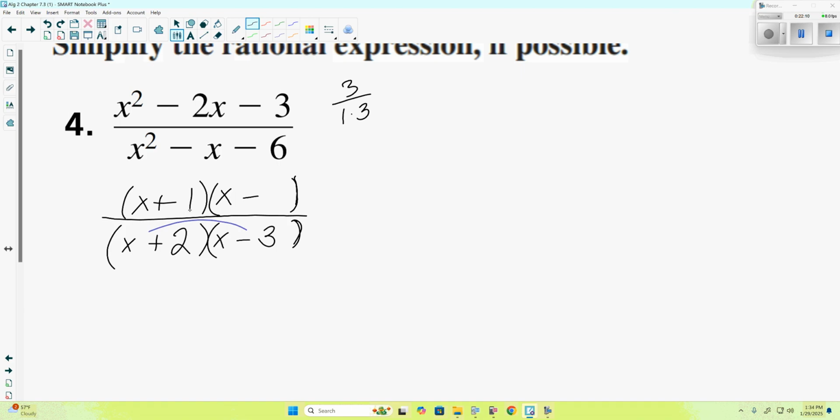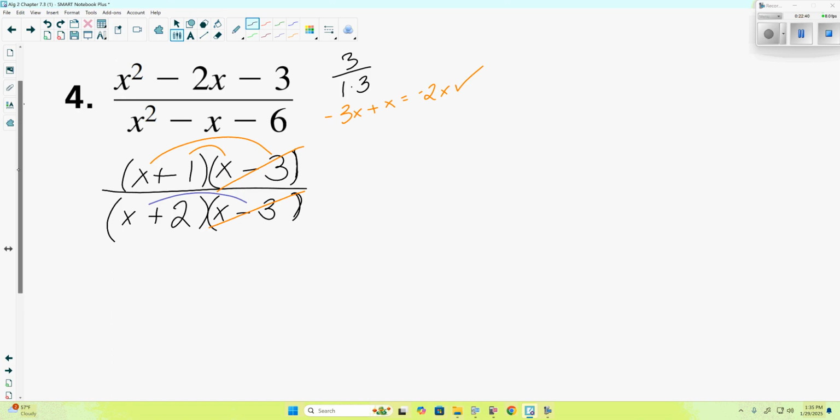Even though this does give us a common factor on top and bottom that we can simplify, we still need to check, just to make sure. X times negative 3 would be negative 3x. 1 times x is positive x, so plus x. Negative 3x plus x is the negative 2x we want. So there is something in common on top and bottom, and it's x minus 3. We can cancel that out, leaving us with x plus 1 over